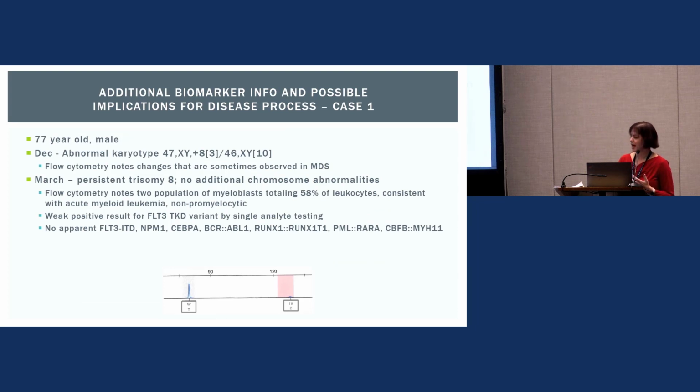This is some of the examples. I tried to pull out examples of cases with it. I kind of had to scratch my head about. This was an individual who came through our laboratory, a 77-year-old male with an abnormal karyotype of trisomy 8, which is